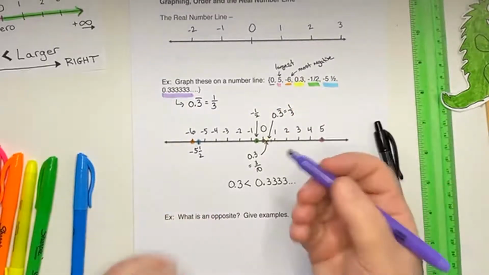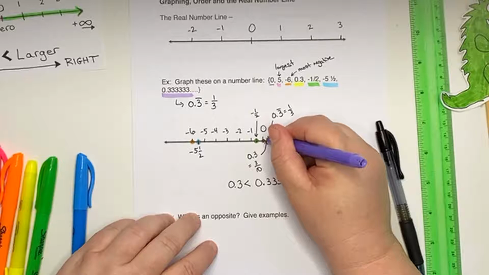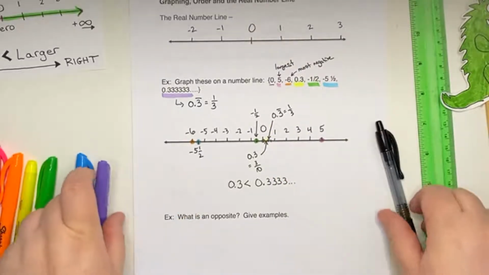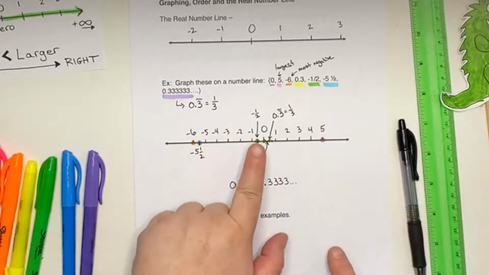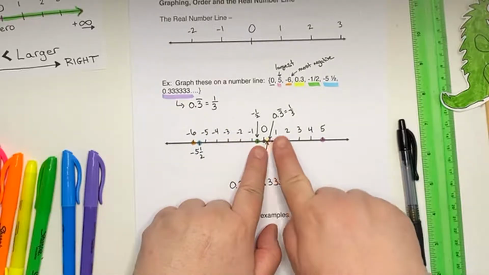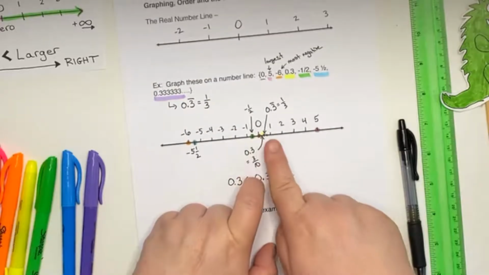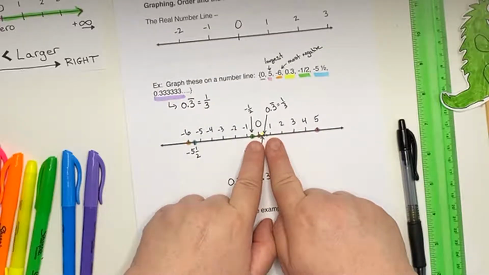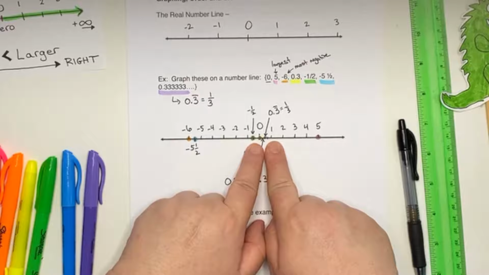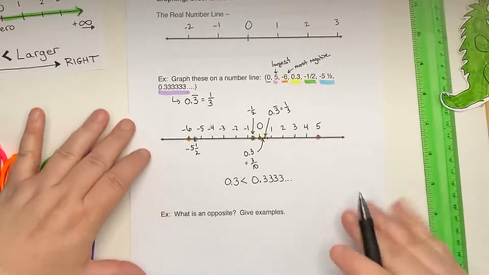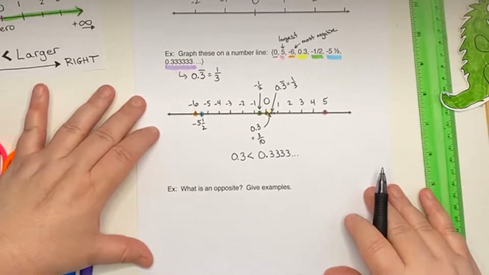And that's our purple. Let's see. And I don't know if you could see, oh my goodness, it's so hard to see on the video, but the 0.3 lies there and the 0.3333 lies there. 0.3, 0.333. So the 0.333 sits to the right of it. Okay, that's it. Next question, because we're going through all the stuff about number lines and orders, and now we're